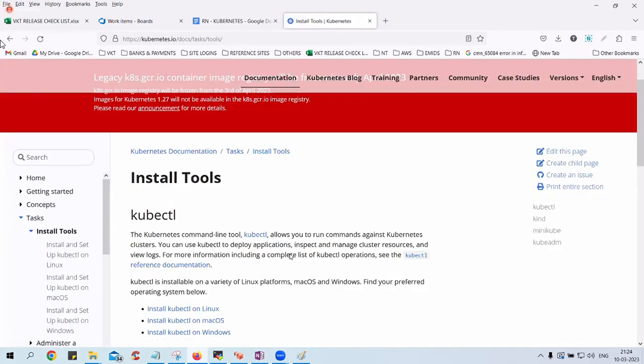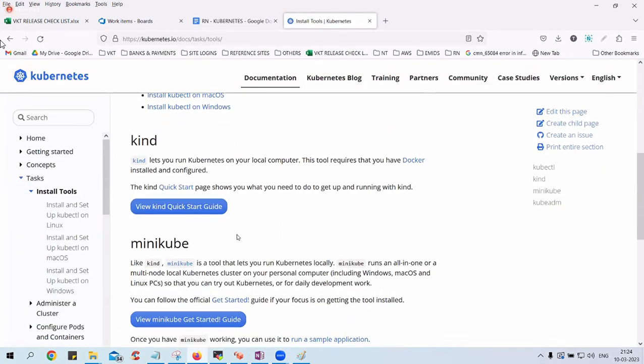Now this is the place where you're going to install. They have given 2 options for us. One is called Kind. Please pronounce it as Kind only, guys. Don't call it as kind. English meaning is kind, but according to Kubernetes, you need to call this Kind. And another one is Minikube. You can choose any one.